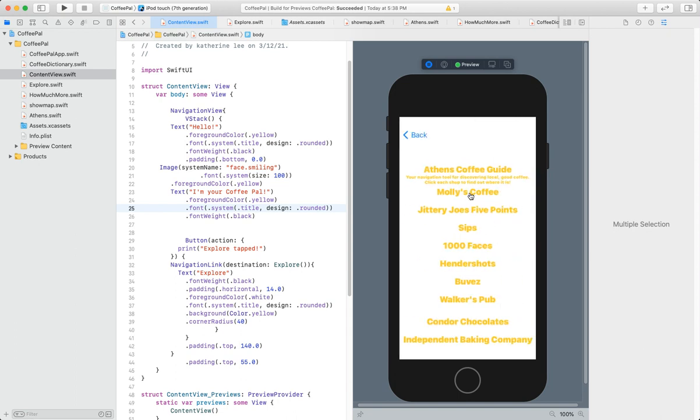But it says Athens Coffee Guide, your navigation tool for discovering local good coffee. Click each shop to find out where it is. And so for this page, I listed out my favorite local coffee places: Molly's Coffee, Jit Joe's, Sips, Thousand Faces, and Hendershots, Bouvet, Walker's, Condor, and Independent. These are all really good local coffee places that I love a lot, and so I just listed them and used map view